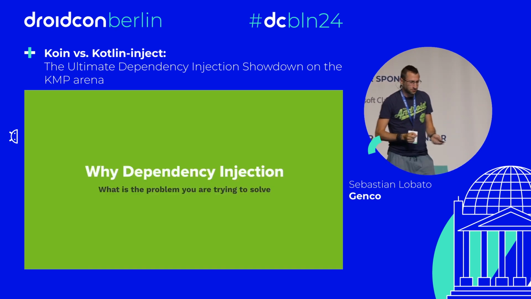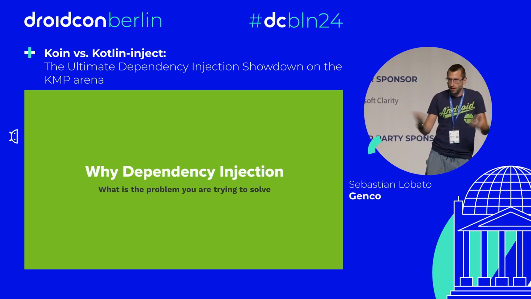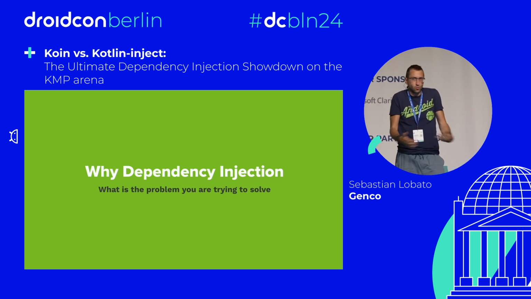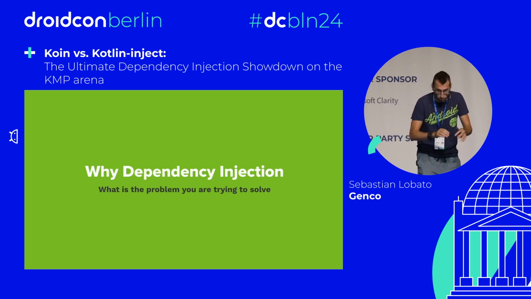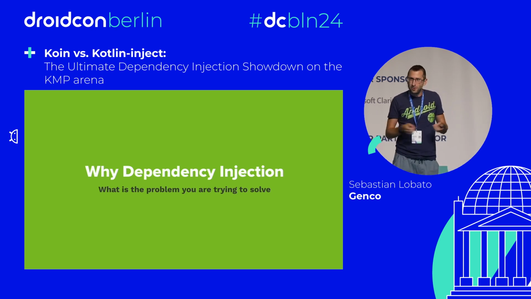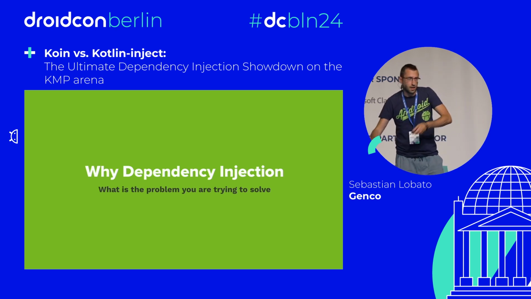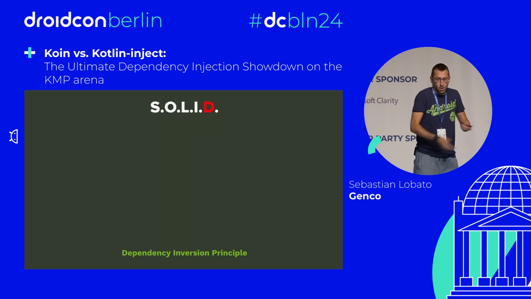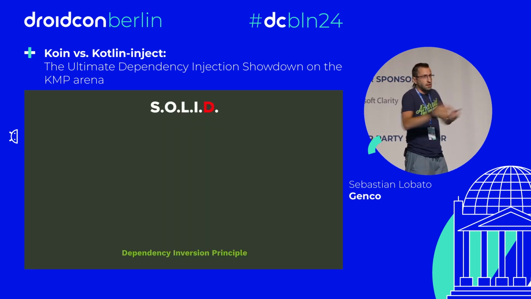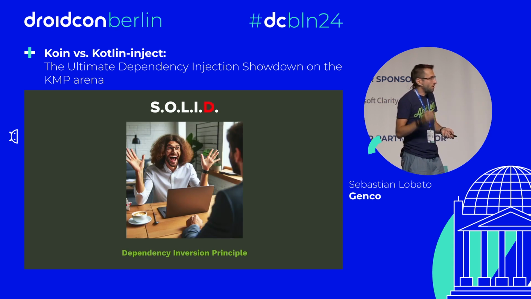That's good. Because usually before going into all the technical details, I always like to ask myself and my company too, why? Why are we doing this? What is this thing that we want to solve instead of just, oh, let's finish and put it in production? Because most of you already know Dagger and dependency injection, you probably all know that dependency injection is just a technique to achieve the dependency inversion principle. And what is the dependency inversion principle? Well, it's just the D in the SOLID principles. That's all you need to impress any recruiter. But actually, for the purpose of this talk,